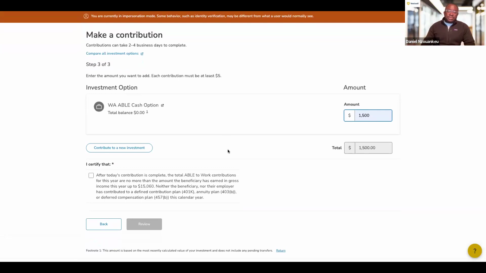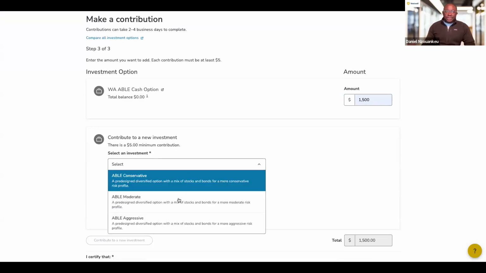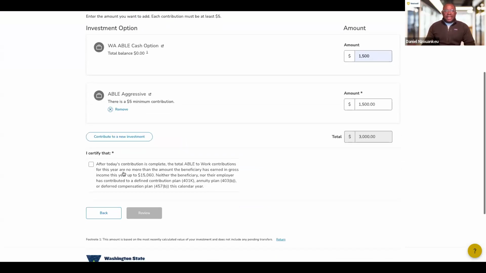And in this space, you also have the option to put the money in a different investment option. Again, taking the time you need to review all the investment options available. That way you can make an informed decision for yourself. I'm going to go with the aggressive option. Add. And in order to qualify for ABLE to Work contributions, I should mention,